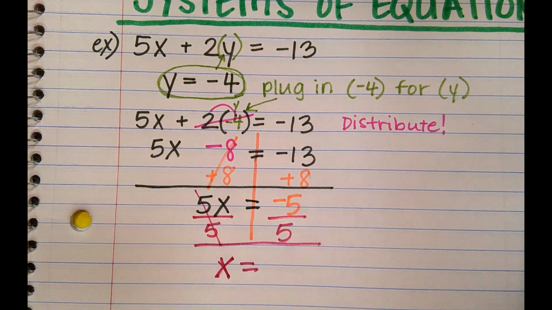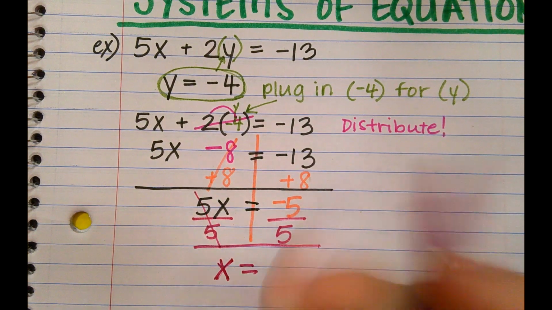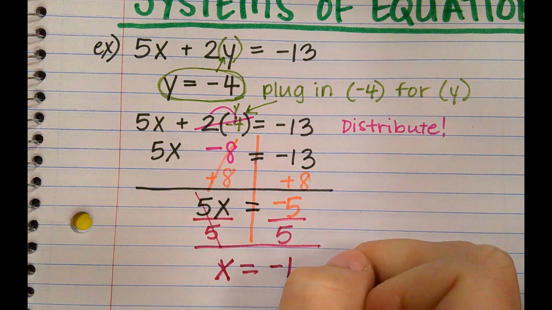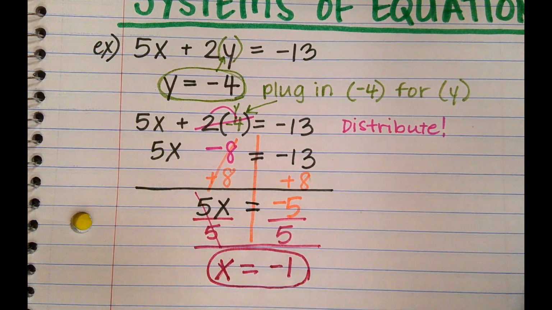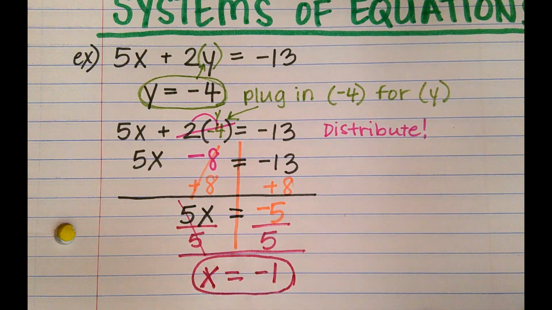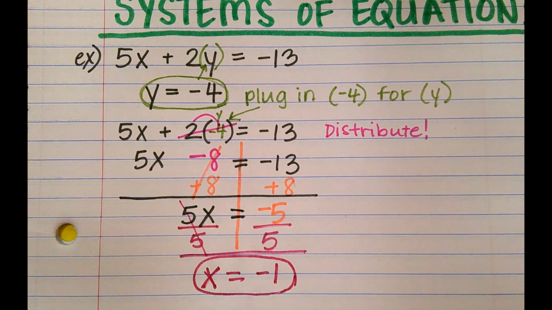Yes, -5 divided by +5 is -1. Perfect. That's your answer. Hallelujah. Yes, yes. Now, there is one last step whenever we're solving for two variables, because I want to make